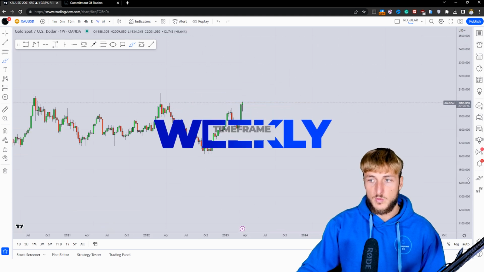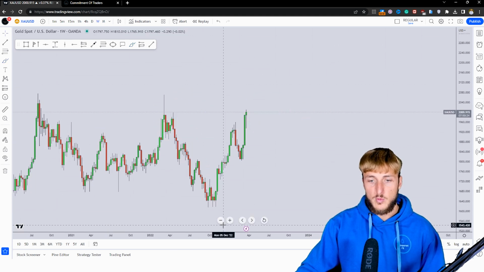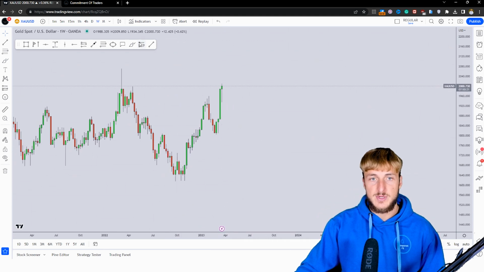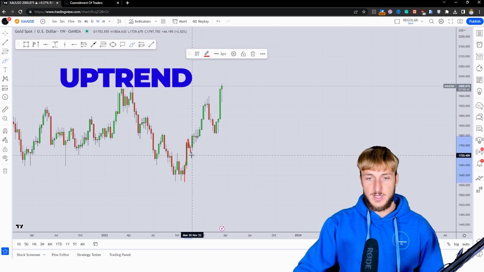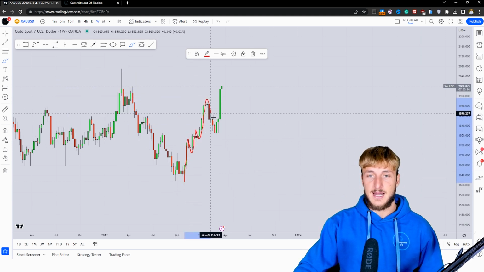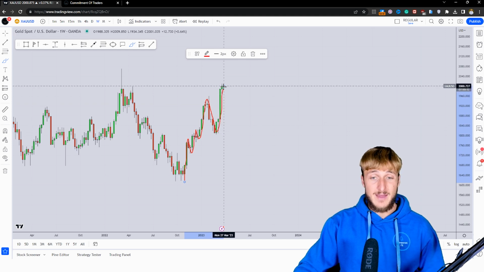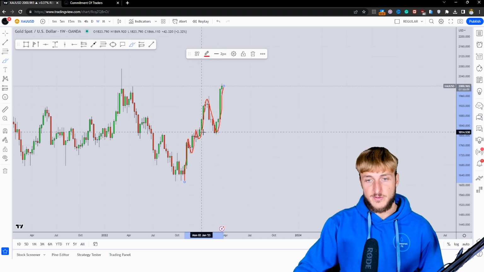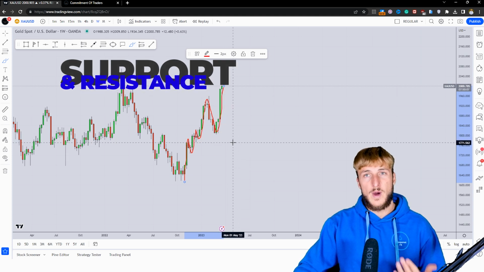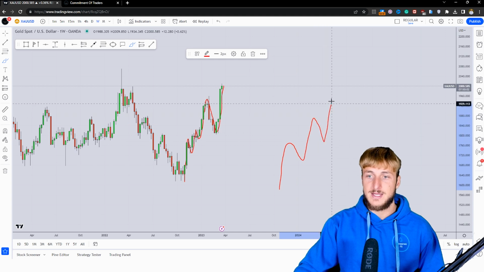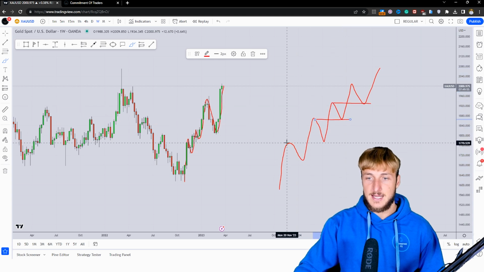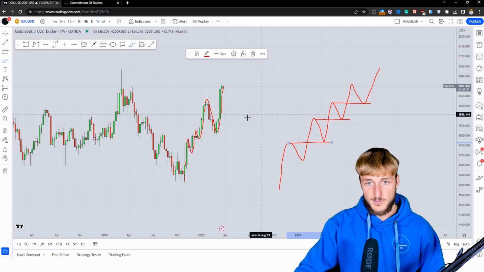Dropping down on the weekly, what do we see? Now, from a weekly perspective, what we can see here is that the market has just been creating and completing the creation of an ideal uptrend. We can see a series of higher highs and higher lows, which every time had the retest of the previous resistance turn support. Now, why is this an ideal uptrend? Because in an ideal uptrend, you want to see the market create a series of higher highs and higher lows in which every single time the market goes and retests exactly the previous resistance turn support,